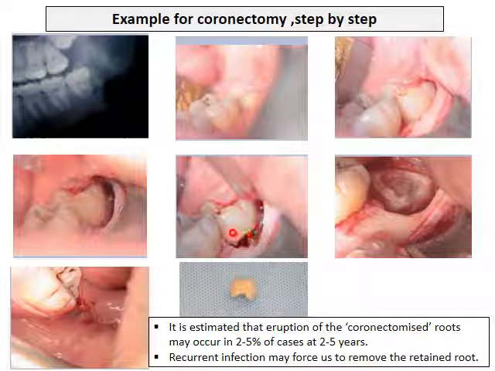But in cases where there is recurrent infection, meaning you did the coronectomy but there is recurrent infection in the area due to the presence of the root, or possibly an abscess obstructed by that root,